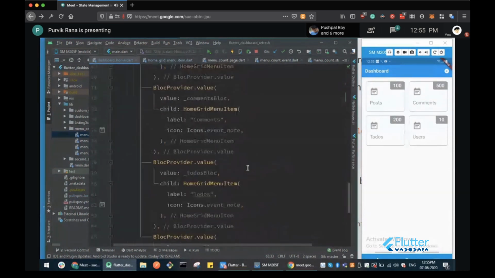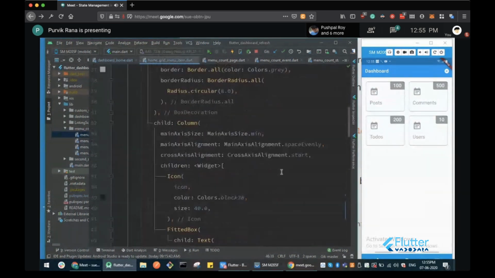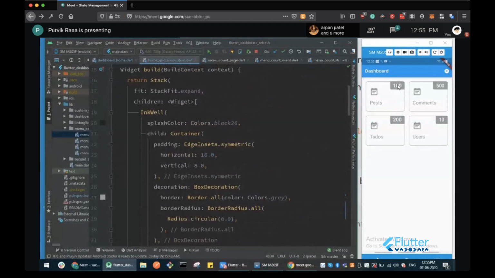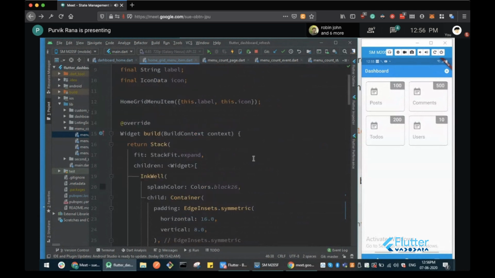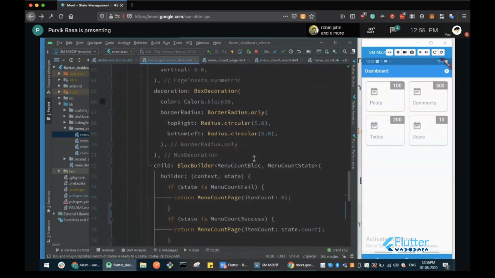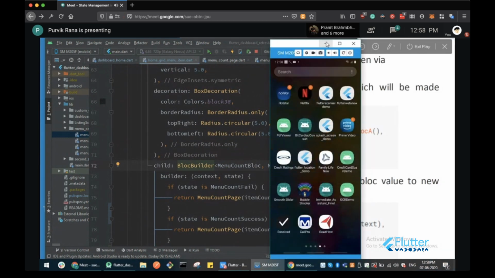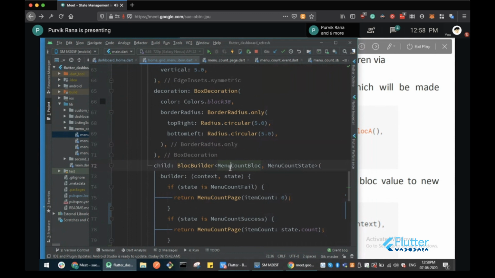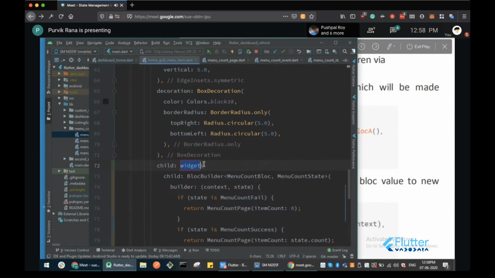Yeah, so it's a tricky thing because I have used the block builder inside this small component. If it is in the whole screen, then we can directly use the listener to display the snack bar and something else. But here it is not getting displayed. About the concept, sorry that I cannot represent that practically over here, but you can always use this thing. Let me show you how you can implement that. You can use the listener wrapping your block builder. Then you can implement over here.